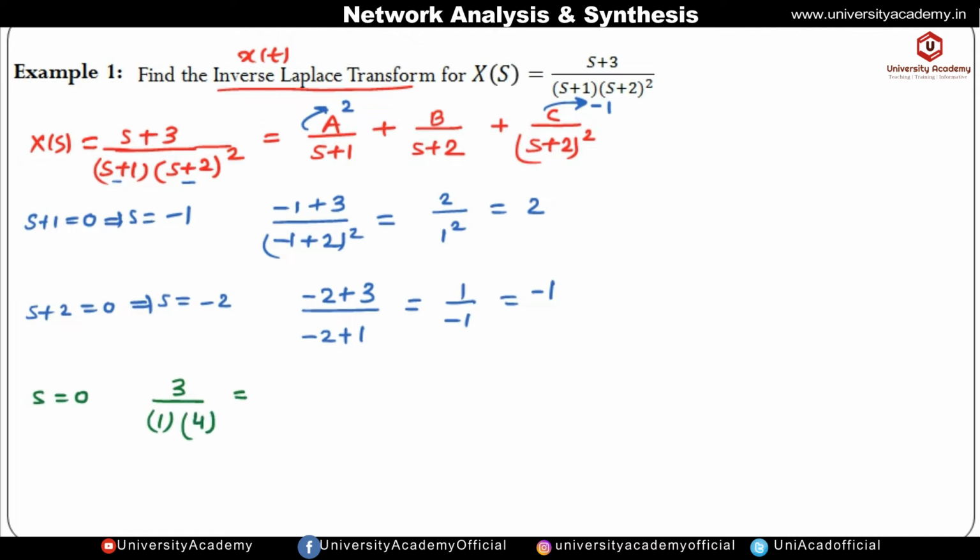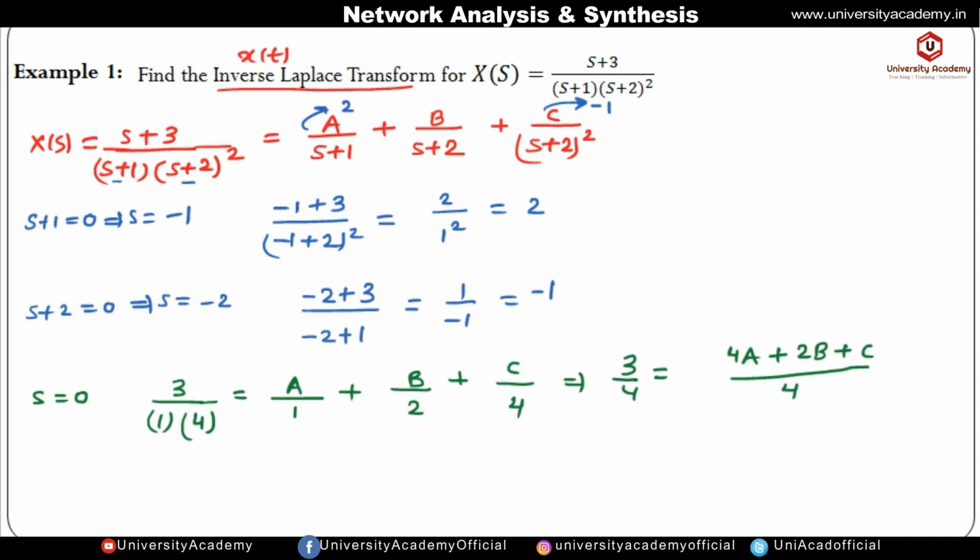Now also you have to substitute on the right hand side because we have to find out the value of B. So A value, let me write first A, and now substitute S is equal to 0, so it will become 1. Then B, if we substitute S 0, it will be equal to B by 2. Then C divided by (0 plus 2) whole square, so this is 4. So we are getting 3 by 4 is equal to, if we take the LCM as 4, it will be equal to 4A plus 2B plus C. So this 4 and 4 will get cancelled out, so 3 will be equal to 4, and A